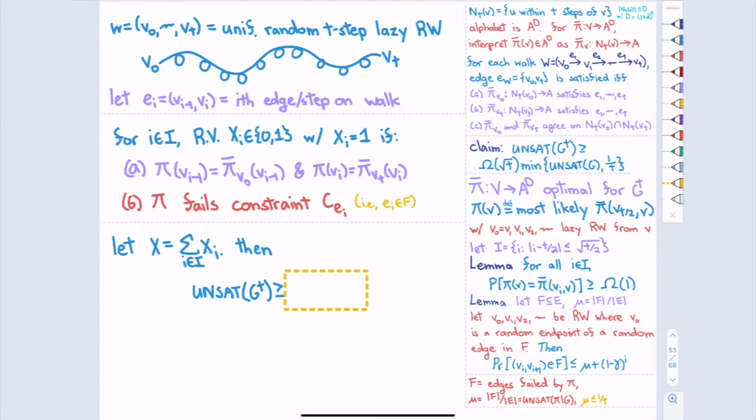So why do we set up these random variables? Let x be the sum over i of xi, the sum of these random variables.